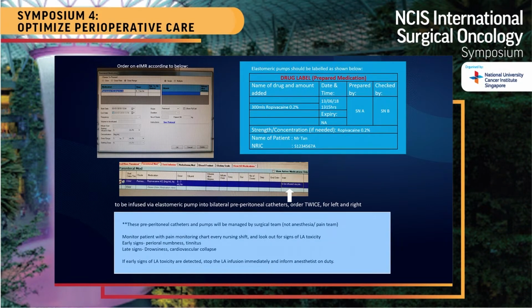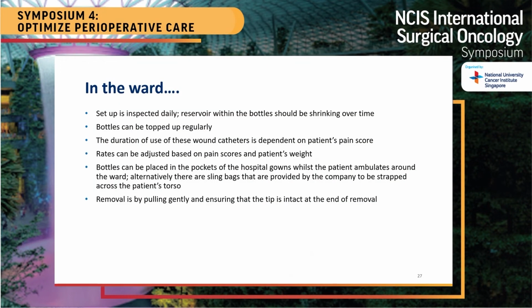So the orders, how to order the medications in EIMR, and the labels placed on the bottle, are shown. The early and late signs of local anesthetic toxicities are also shown clearly in this poster. So when the patient reaches the ward, the setup is inspected daily to ensure that it is running at a preset rate. The reservoirs in the bottle should be shrinking over time, with the balloons almost being the same size